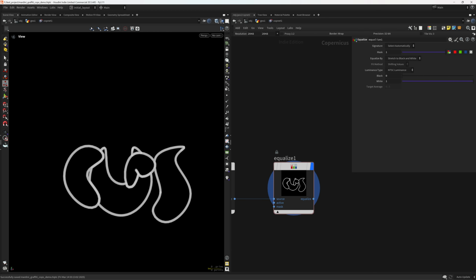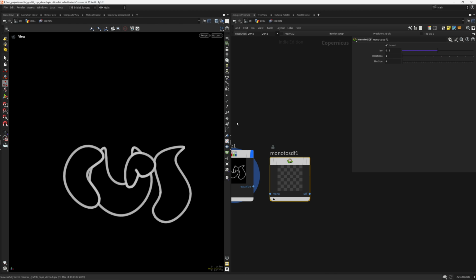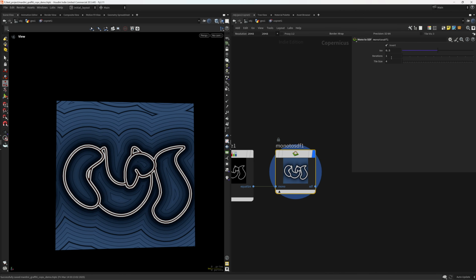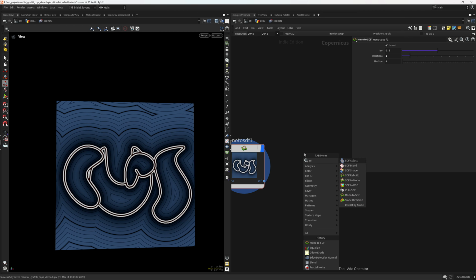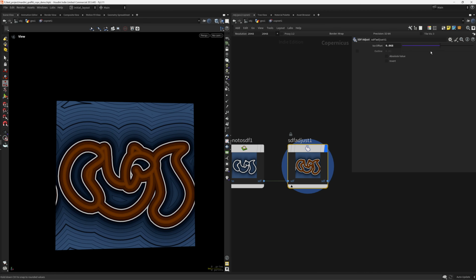And now I want to move this into an SDF, so mono to SDF. And we get this, and I'm gonna change the iterations to 2. I'm gonna create an SDF adjust, so I can increase or decrease the size. In this case, I reduce it to 0.005,